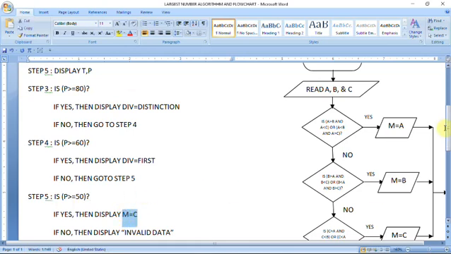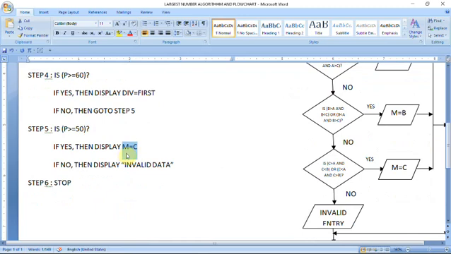And again, if this condition is tested true, if this condition is satisfied, then what to do? DIV equal to SECOND. If no, if again this condition is not true, then go to another step, step 6.